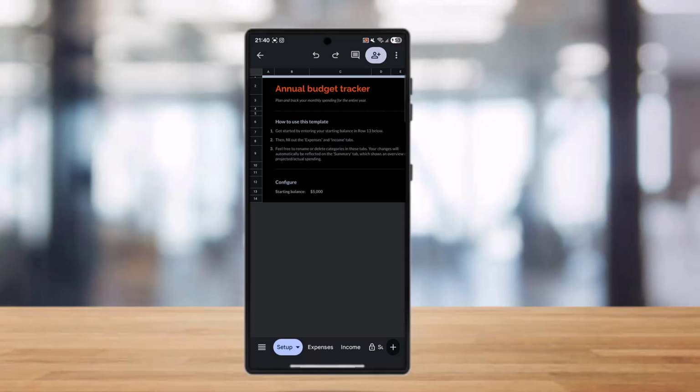So if you do this, then you will be able to use AI to find errors in your